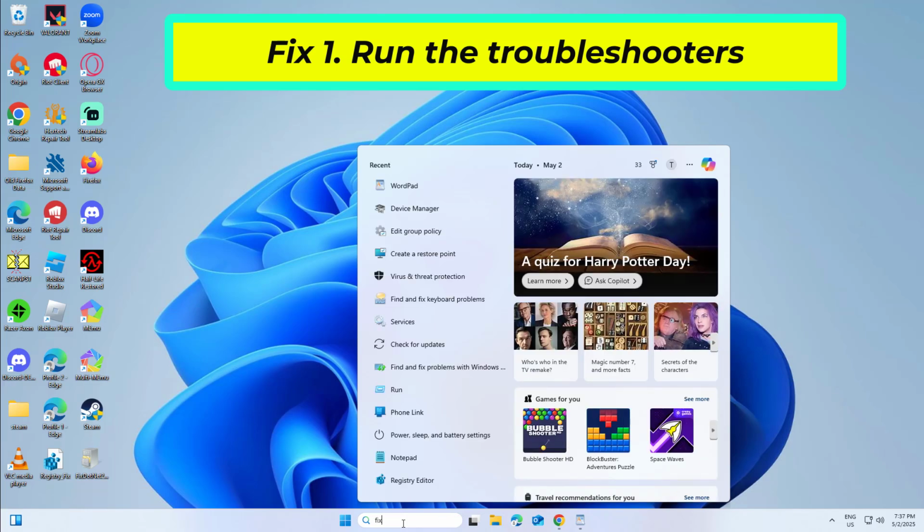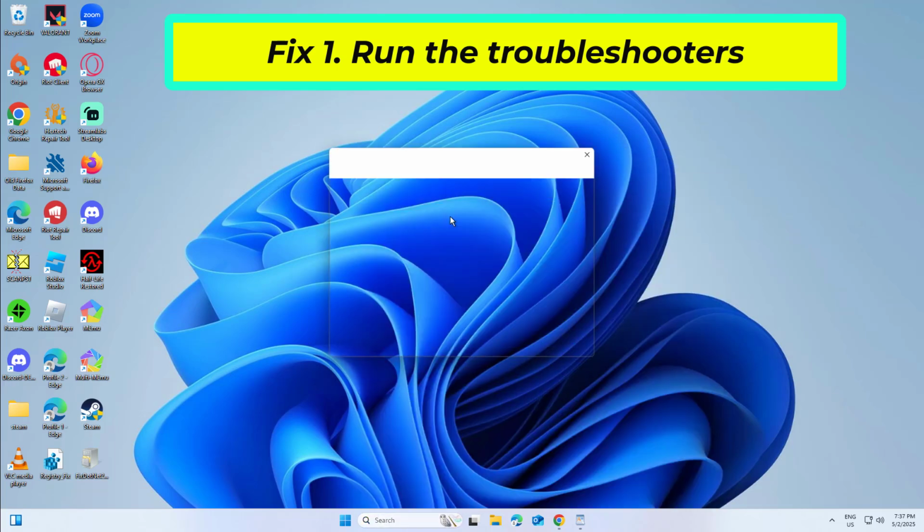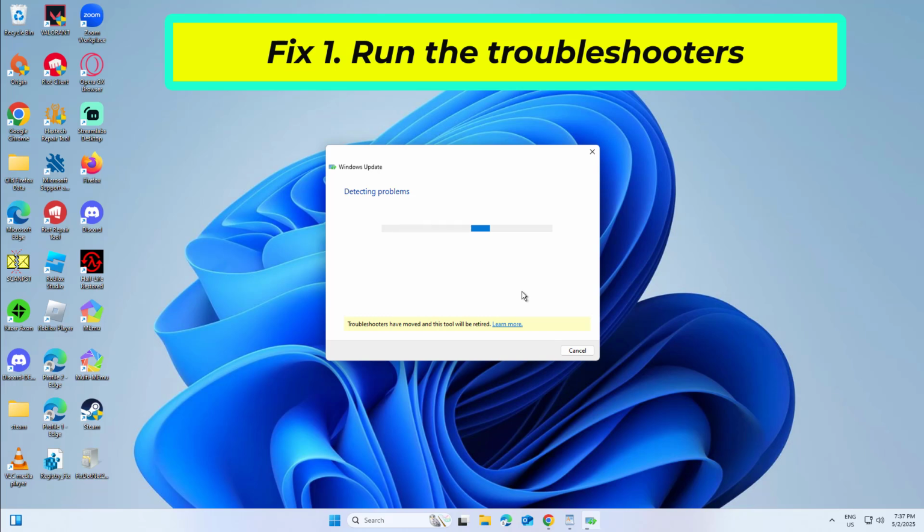Fix 1. Run the troubleshooters. The built-in troubleshooters can detect and resolve issues that prevent updates from installing correctly. If that didn't work,